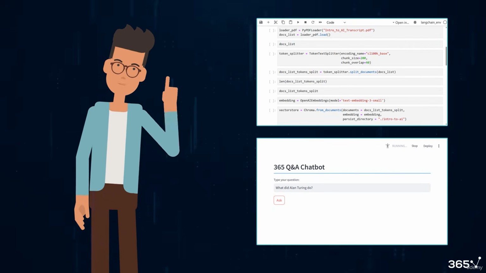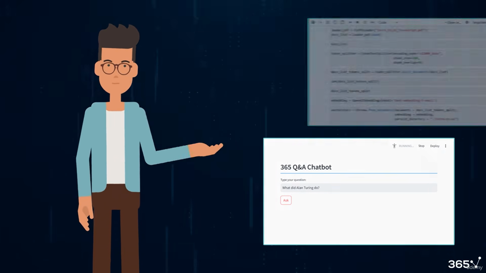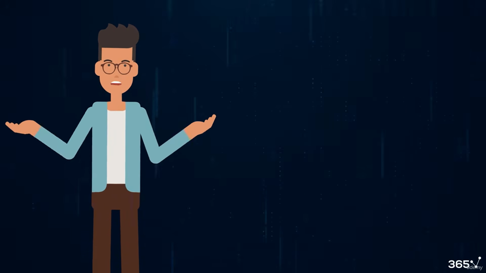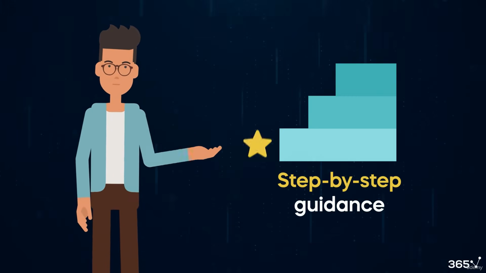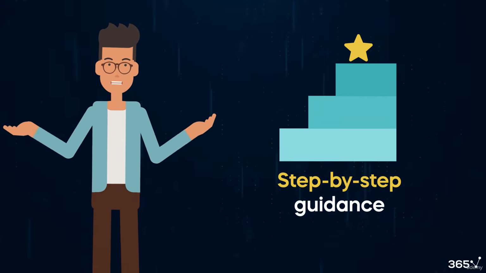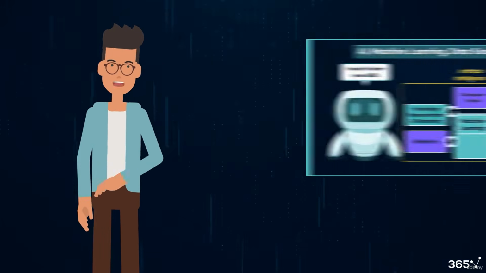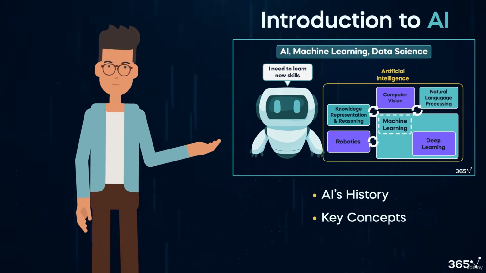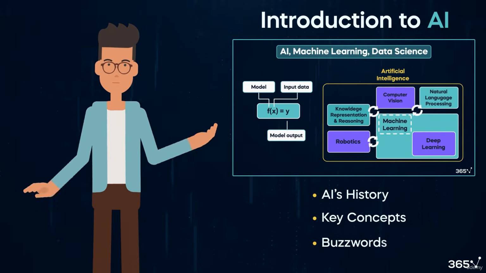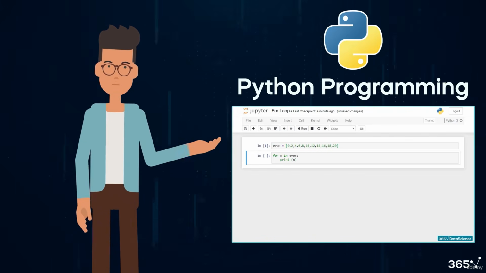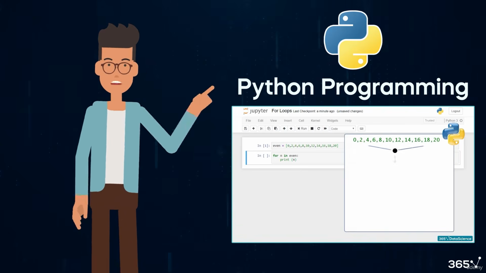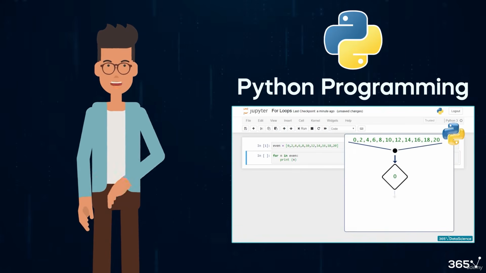Even if some of the implementation felt a bit advanced, don't worry. That's where the fun begins. You'll quickly pick up all the necessary skills with careful, step-by-step guidance. We'll kick things off by exploring AI's history, key concepts, and those all too familiar buzzwords. From there, we'll dive into a module on Python programming, ensuring you'll have the coding skills you'll need to move